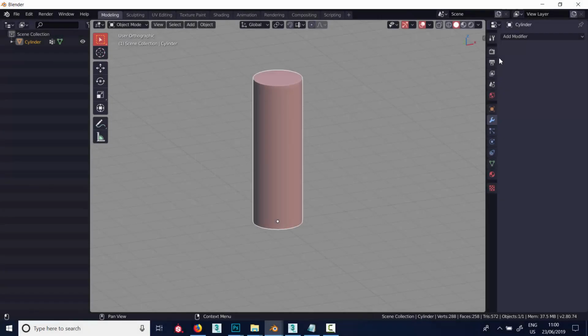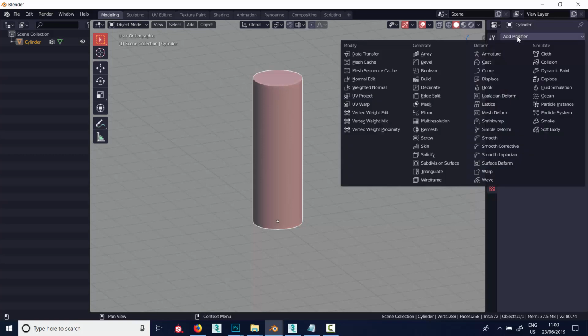So obviously, coming from Max, having a modifier stack in Blender is going to be somewhat familiar. This is the modifier panel here, this little spanner icon, and here's the modifier list. It's not as extensive as Max by any means. And in this video, I'm just going to go over some of the basic ones